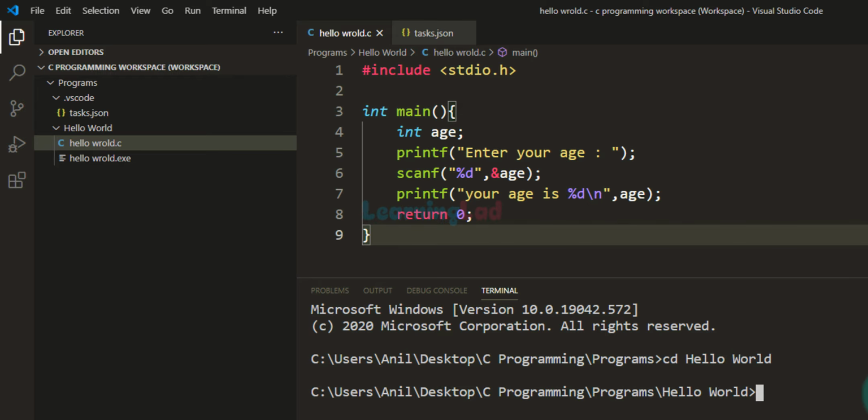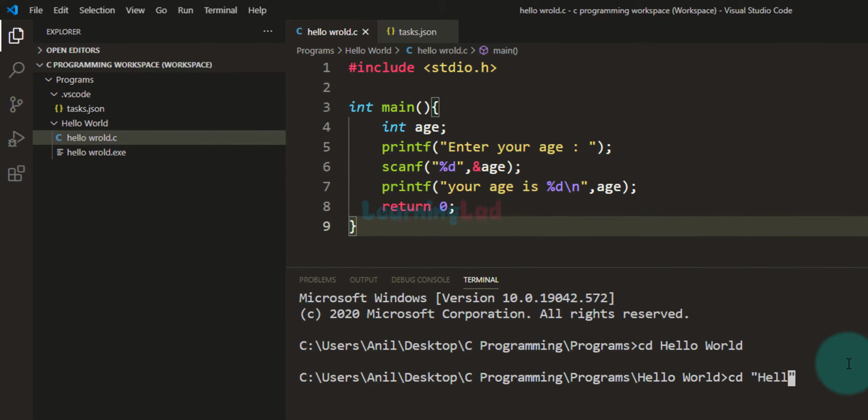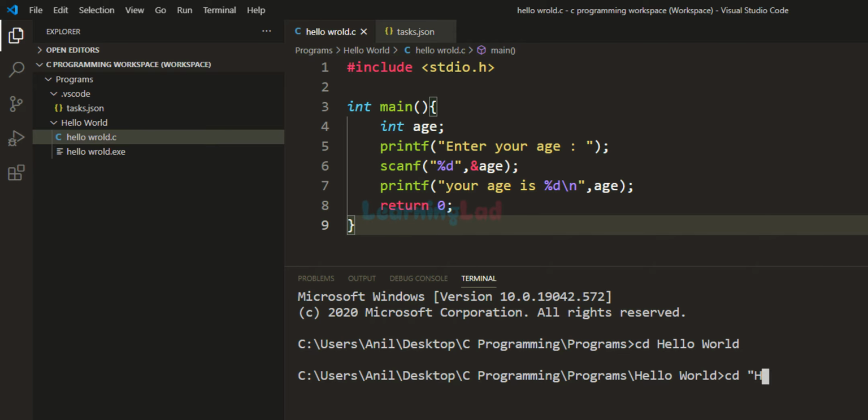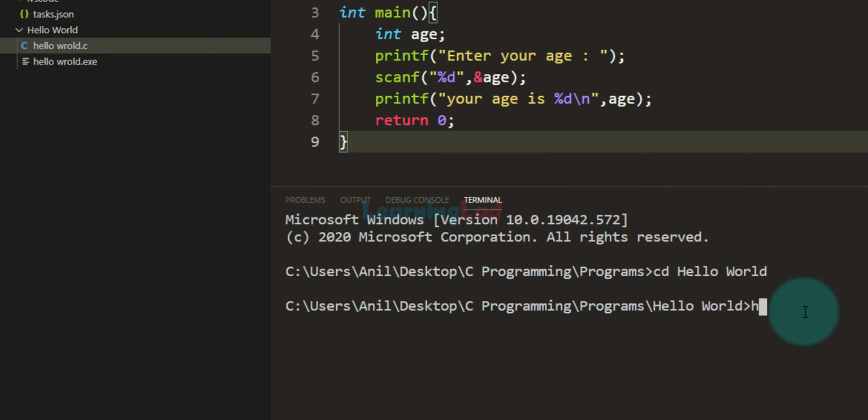Now if it generates any error, then you just have to type in cd space and then in double quotes type in hello space world. So now we are in the hello world folder where we have the executable file. So what we have to do is write the name of the executable file in here to run it. So it will be hello space